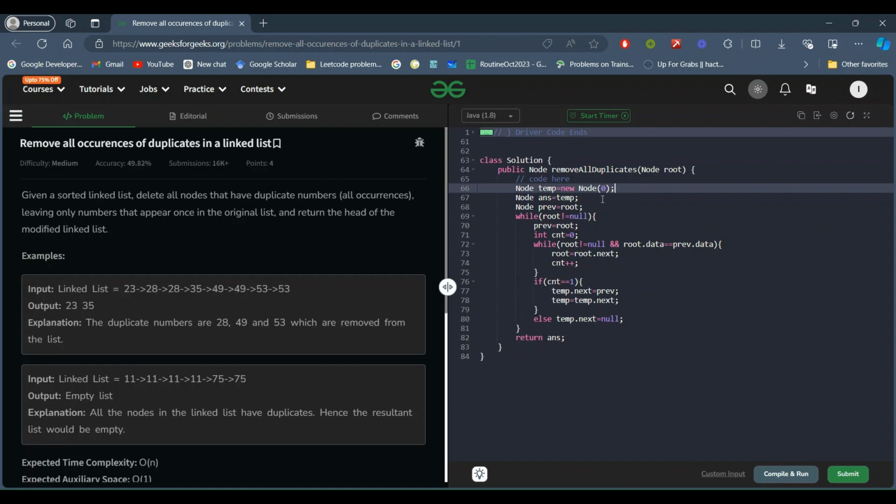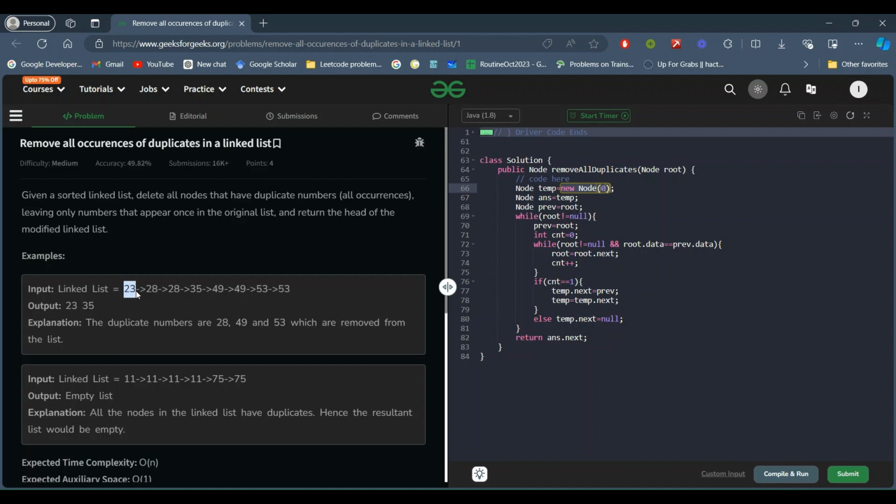After that we are going to return answer dot next as our answer, because it is a node which starts, and we are just appending some value in the temporary node, and then we start with the first node itself.